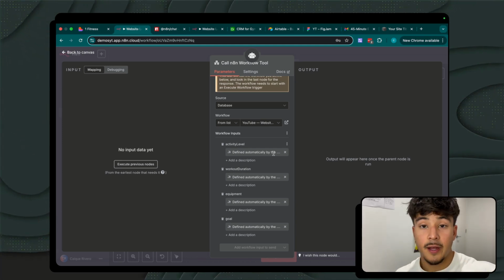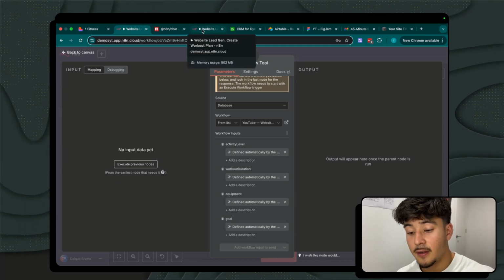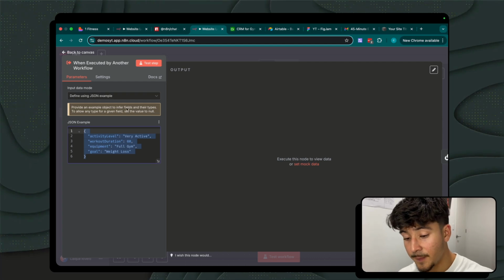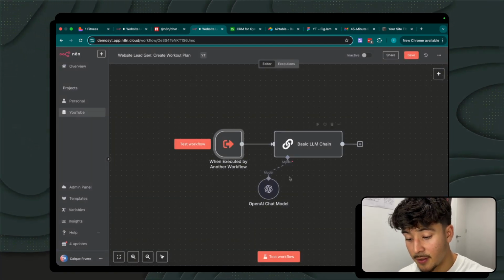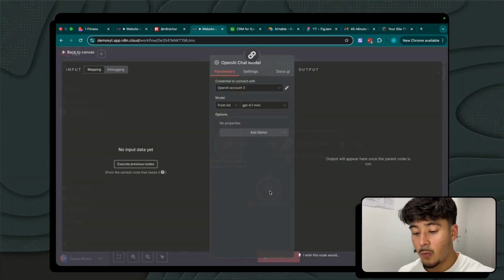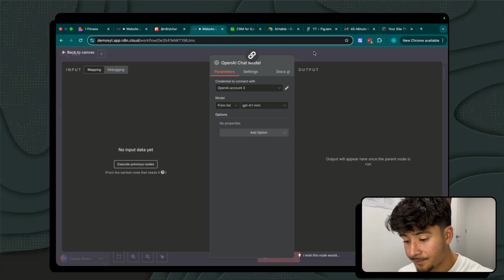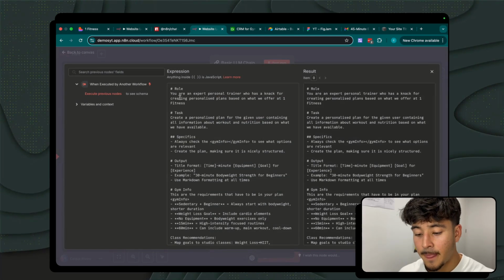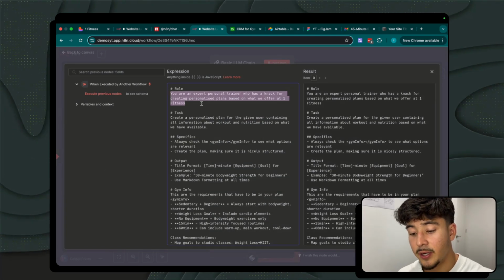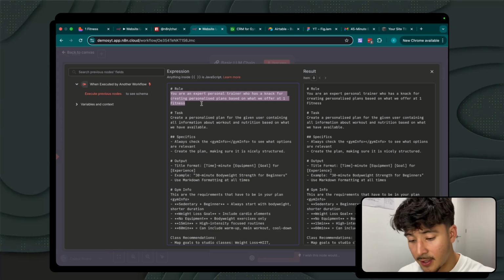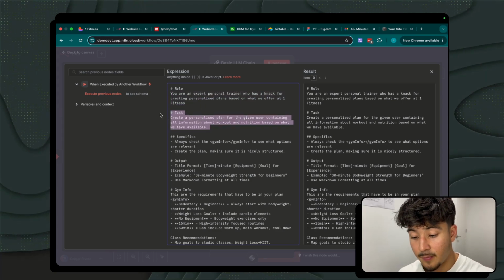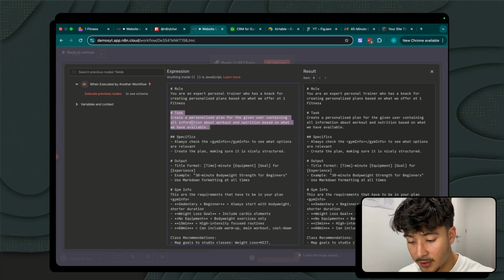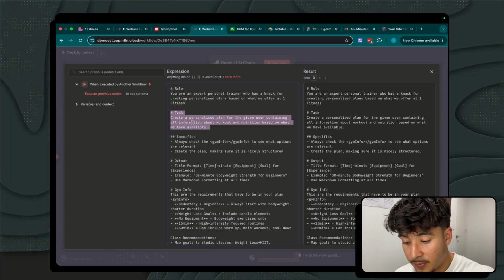No matter what the value is, we are able to send that value to this trigger, which then initiates this AI step here. Once again, we are using a 4.1 mini. The prompt is a user message and system message again. You can see a pattern here now. Role is that you are a personal trainer who has a knack for creating personalized plans. We say create a personalized plan given the user containing all information about workout and nutrition based on what we